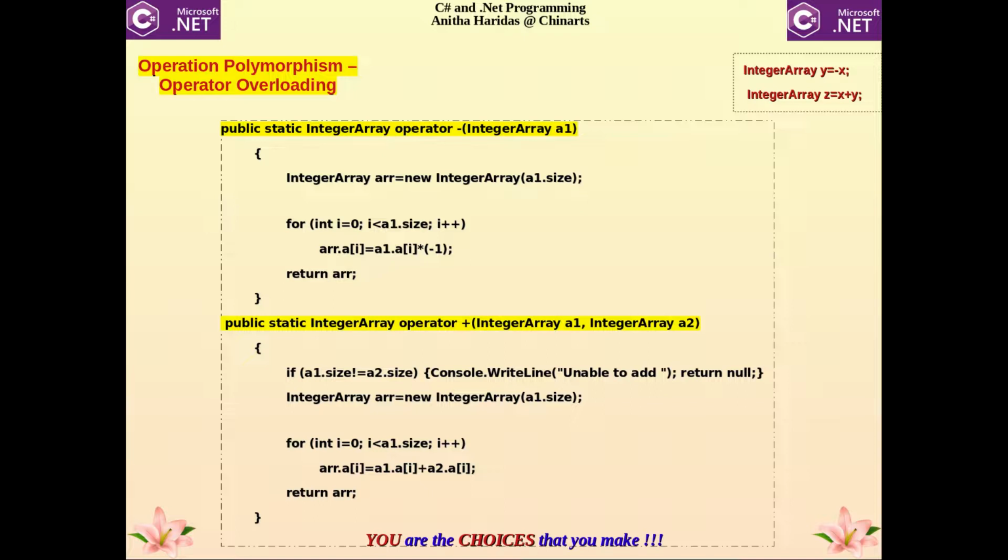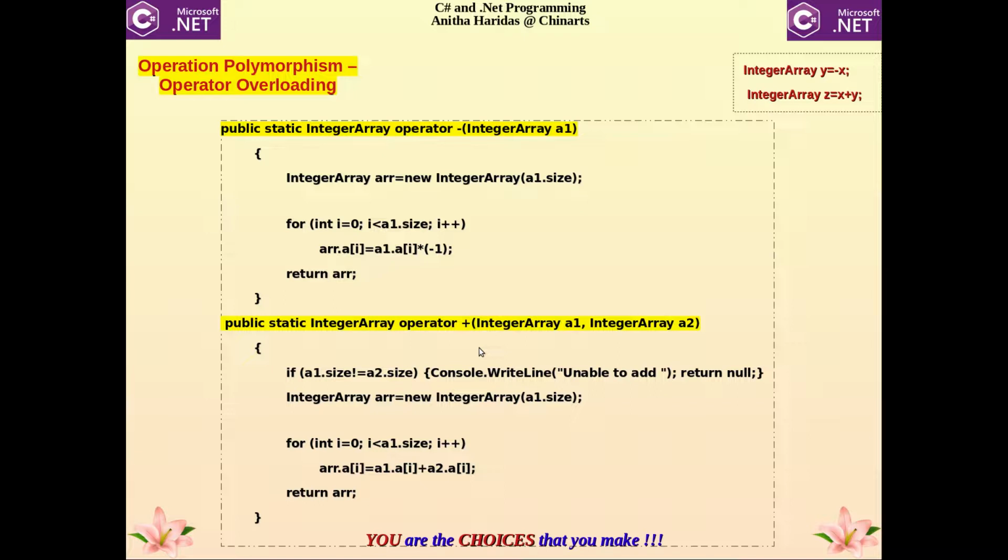So instead of using a method name, what I have done, the unary minus and the binary plus I have used for, instead of writing a method, I am using these operators which are already defined in C#.